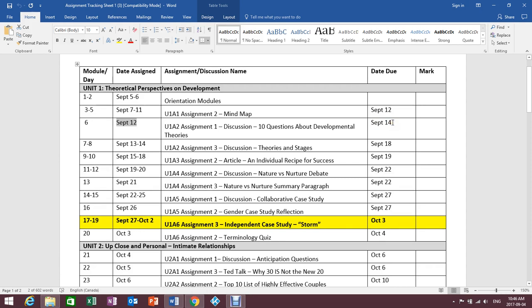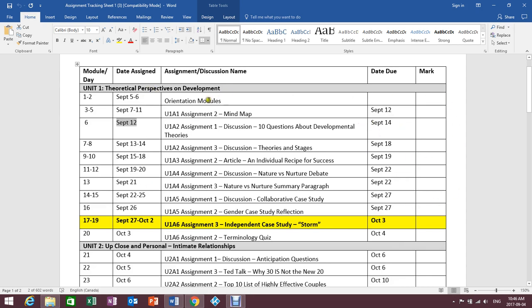Okay, so no exceptions. If you are one of those people who has an IEP that says, you know, I'm allowed to have extended time, please keep in mind that extended time has already been written in. And so you have to figure out during that time, when are you going to be able to complete those assignments? Don't be coming to me for this assignment at 11:58 on September 14th saying, Mr. Dupuis, I had a soccer practice, need more time. Okay, that's not acceptable.